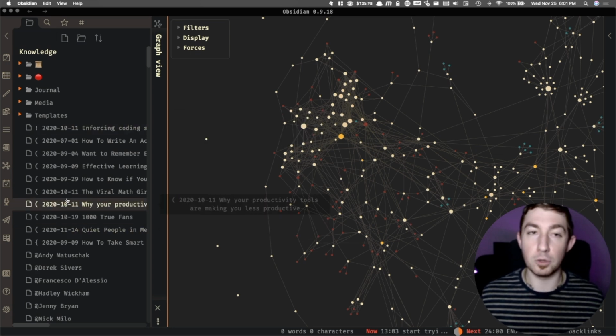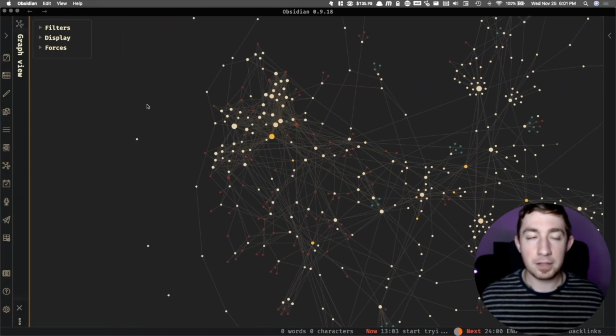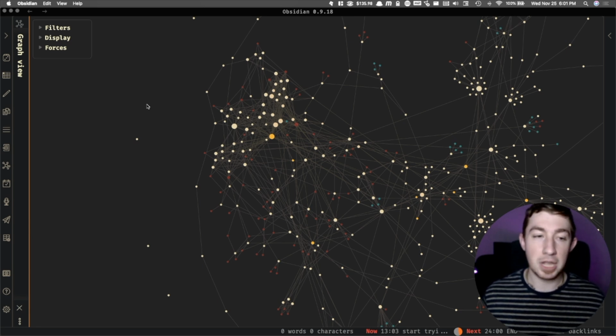It's all just a top-level pool of notes. So how do you organize and deal with that? Well, as your notes and your vault reach critical mass, too many notes to really manage and easily find what you're looking for,